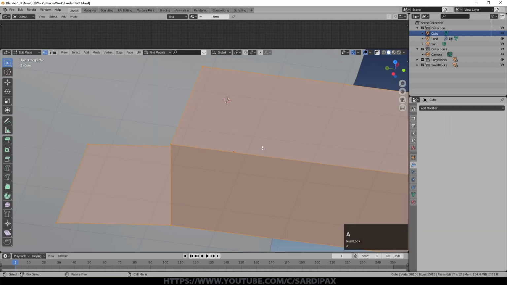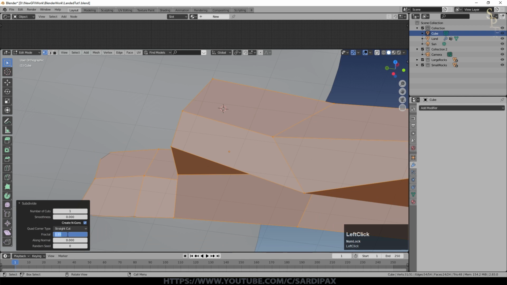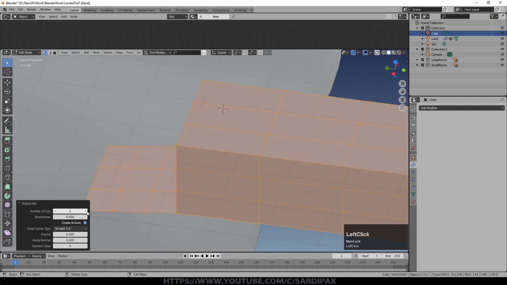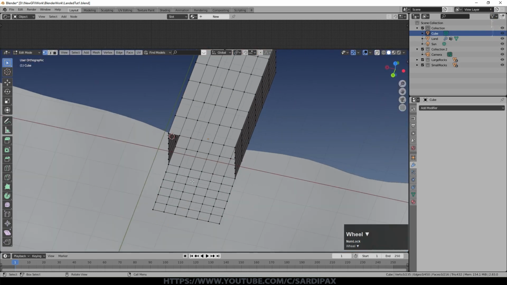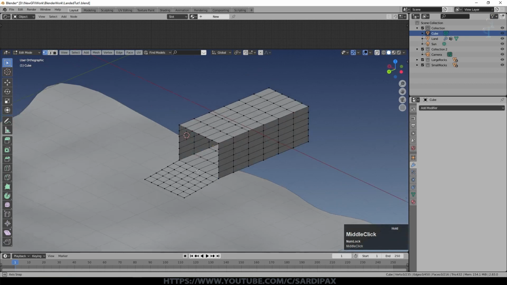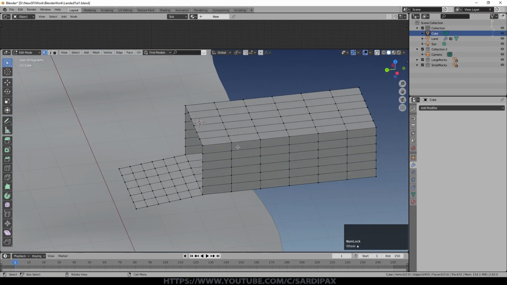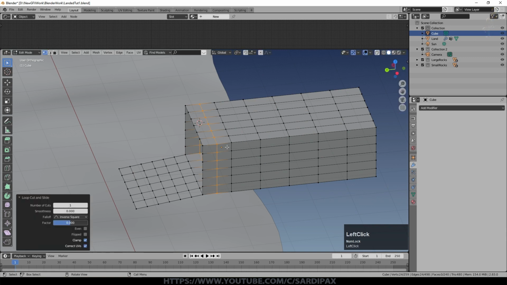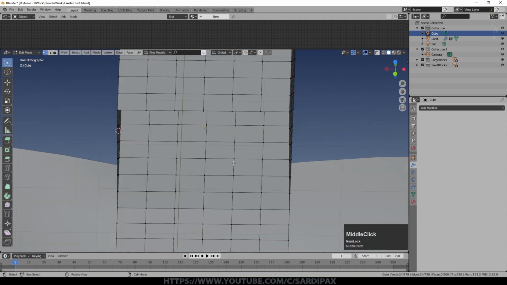At this point, I'm going to add some vertices, so I'm just going to subdivide without fractal on, so set that to 0, and we'll just put a number of additional cuts. We'll go with 5 on this instance. Now notice they're nice squares here, but they're not the same shape back here. Now for what I'm going to do with the texture, I need them to be square back here as well, so I'm just going to add manually, as it were, a few more back here. It doesn't probably matter for the ones back here. So they're closer to square. They're not perfect, but they're more proportional now.